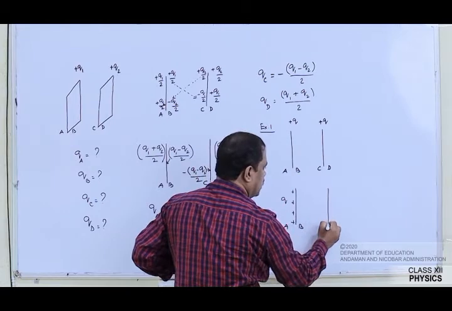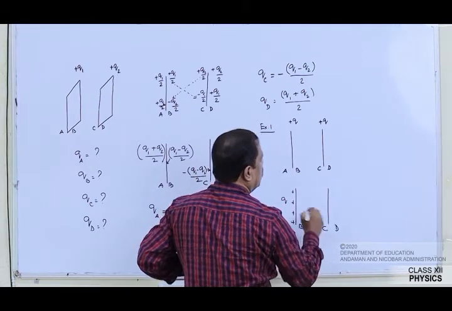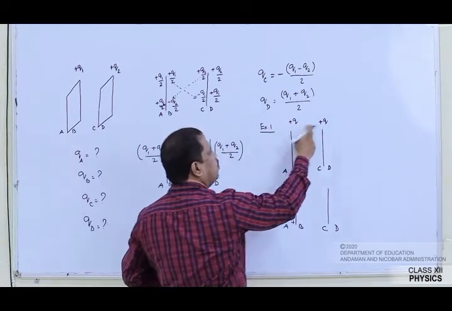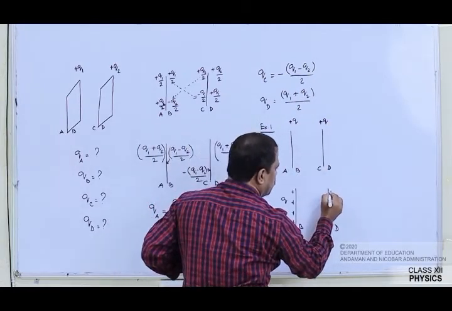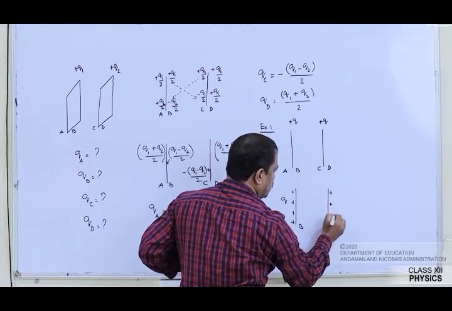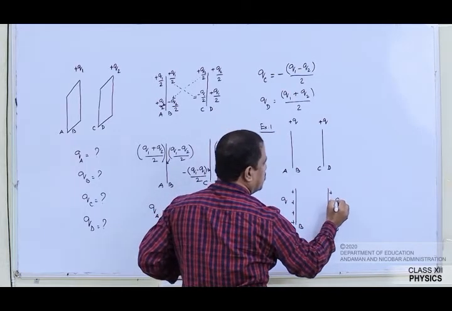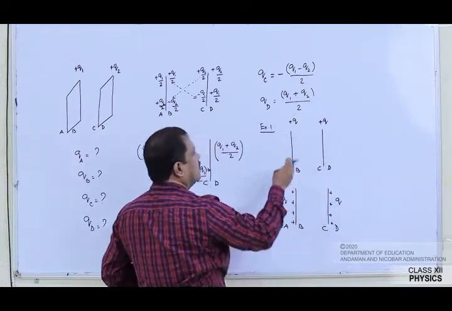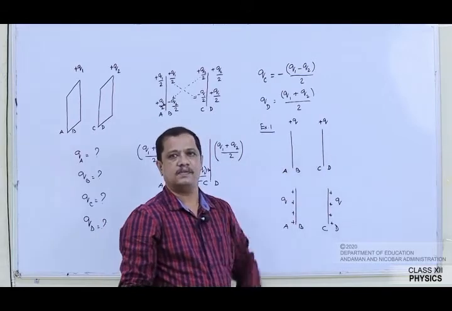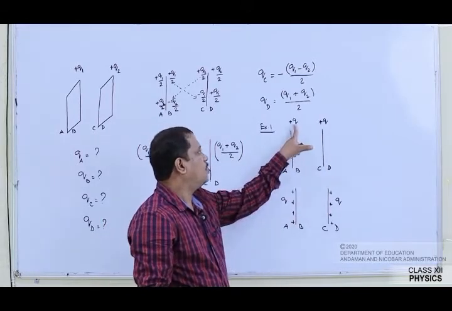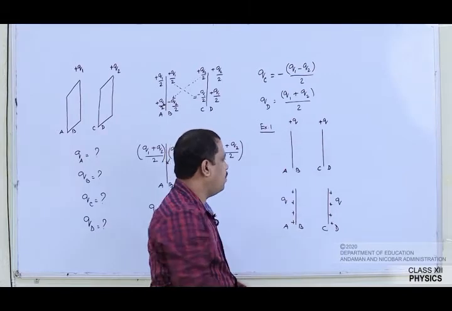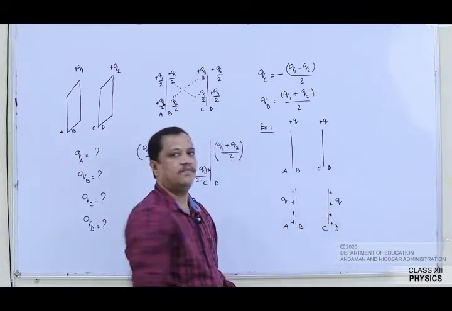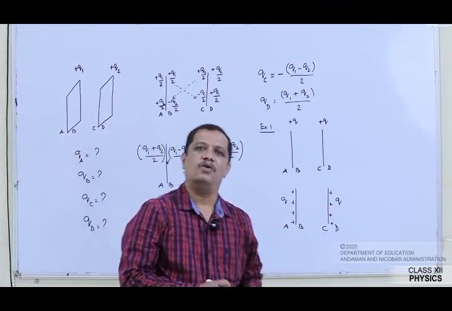If you have another conductor placed here, on the outside face D, you said sum of the two charges. So Q plus Q, 2Q divided by 2, that means this positive charge will be given here. So here you have plus Q charge. On the inside surface, difference of the two, here 0. So therefore, if an equal amount of charge is given on the two conductors, the charges will appear on the outside surface of the two conductors. However, you will see that on the inside faces B and C, there will be no charge.